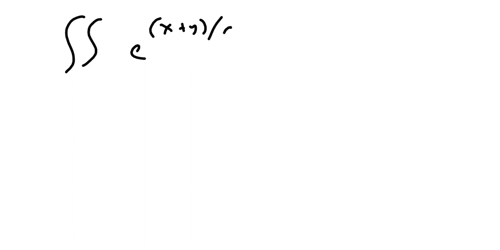Hi. Today we're going to look at a double integral that, if you decide to use a Jacobian, things get maybe a little bit easier. So take a look at this one here. We have the double integral of e to the x plus y divided by x minus y, all of that is the exponent, dA